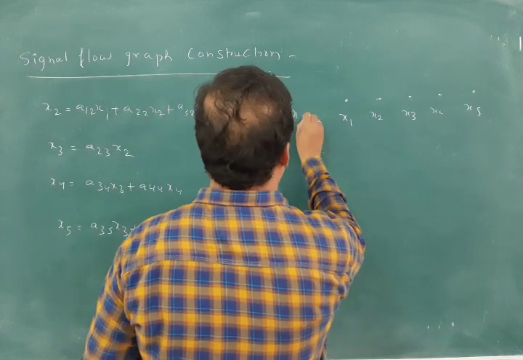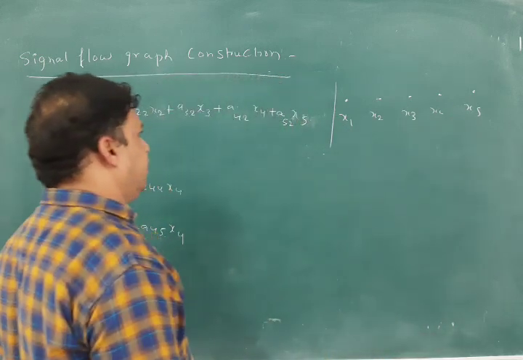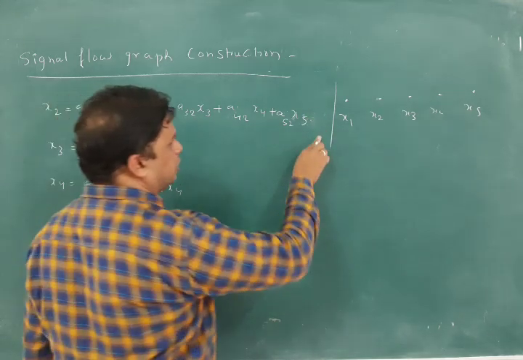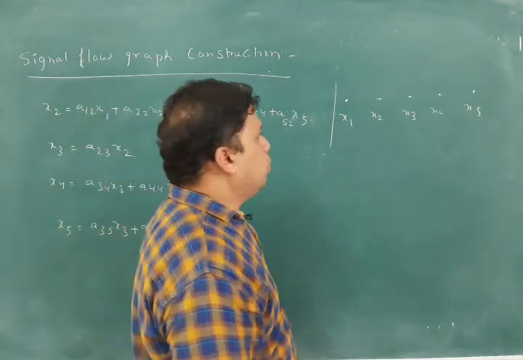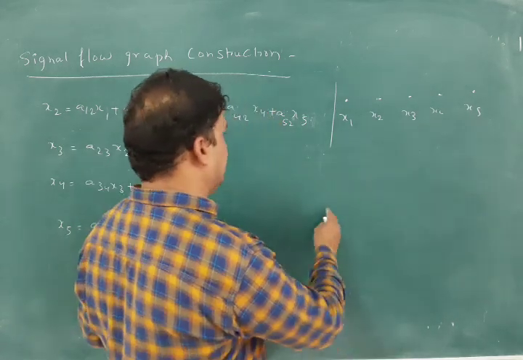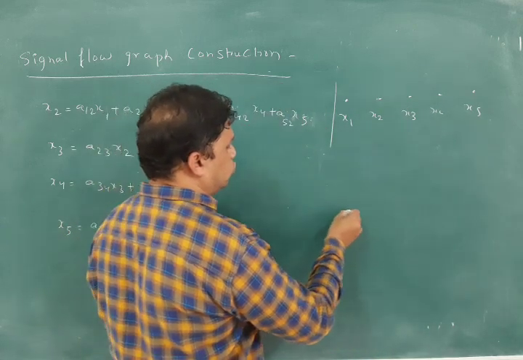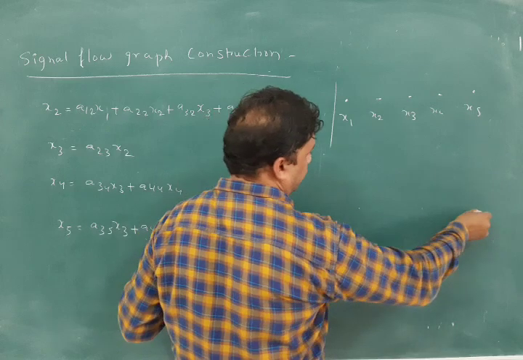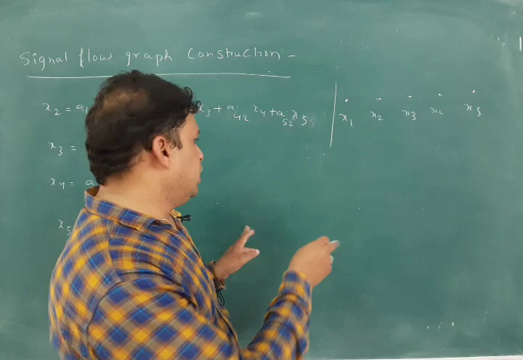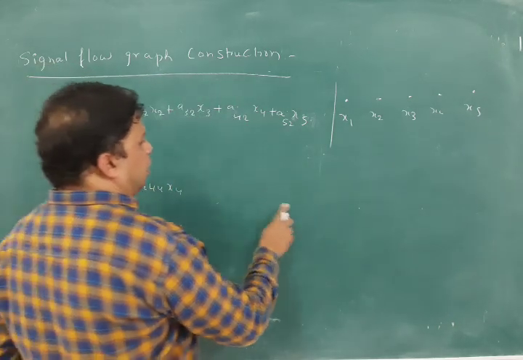And if you have these nodes, these are the nodes X1, X2, X3, X4 and X5. Now we will draw the signal flow graph further. To draw the signal flow graph, first we have to note these nodes. You can place them at a wide distance, like the distance between two nodes should be somewhat far away, because we have to connect these particular signals. For our convenience, we will be drawing these nodes here and connecting all these equations in the nodes.